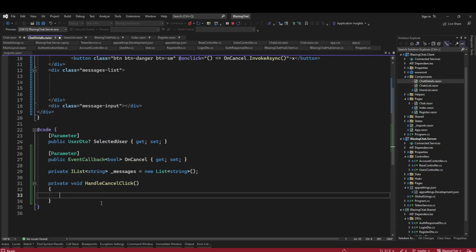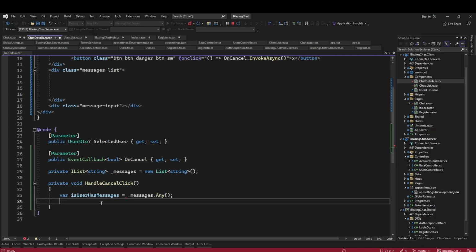Okay, we will check if user had some messages or not, right? So we will say if user has messages, so we will check if messages dot any, if that is the case,